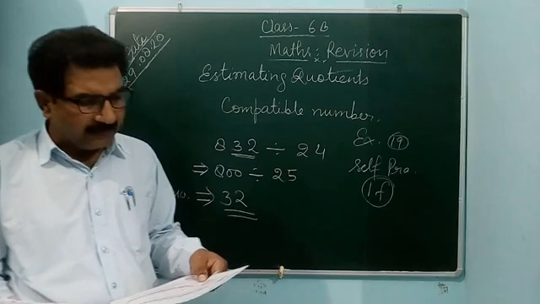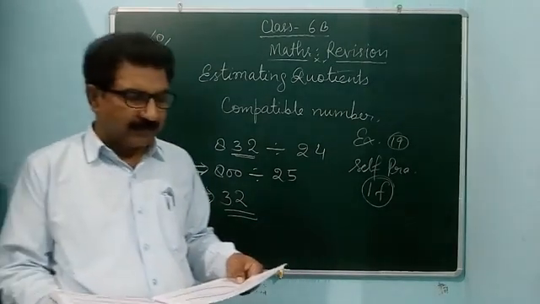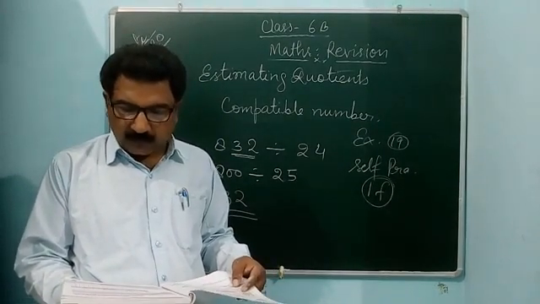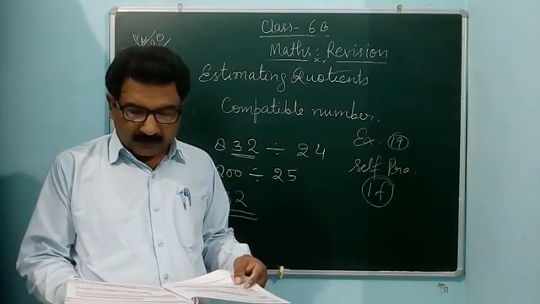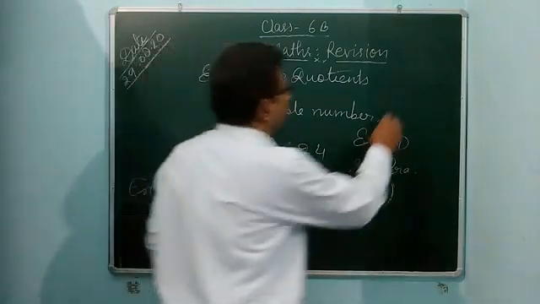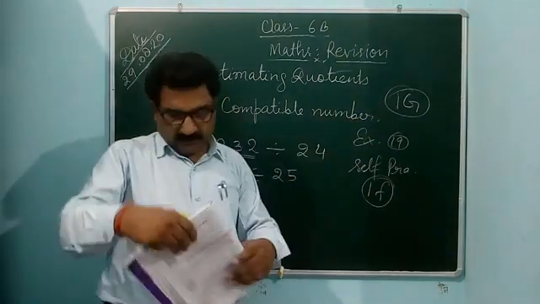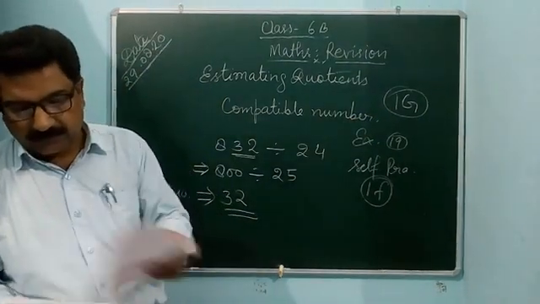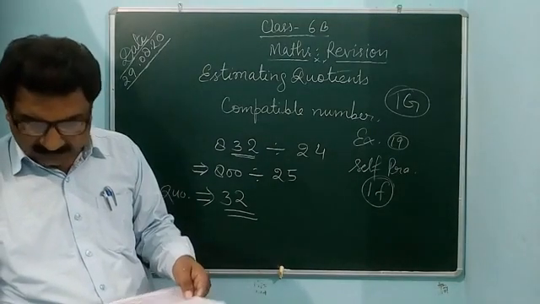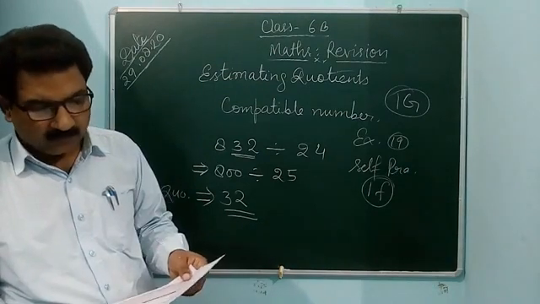I will also give some ideas as an extension to large numbers, introducing 6-digit, 7-digit, and 8-digit numbers. But you can do it yourself. There is no problem because you can use the Indian place value chart. You can do exercise 1G yourself, page number 23. It is a very easy exercise. And exercise 1H also is very easy. Some exercises are very easy, so you can do them yourself.